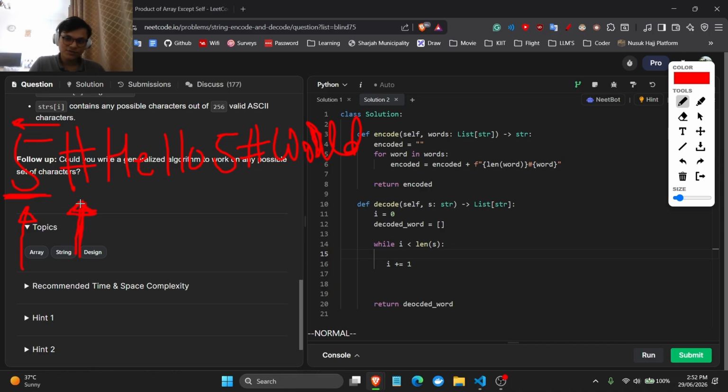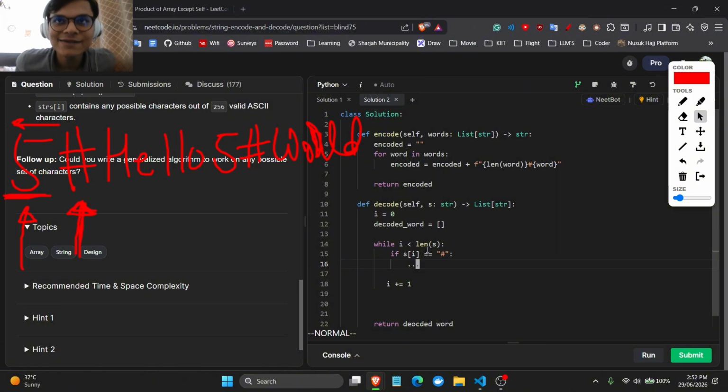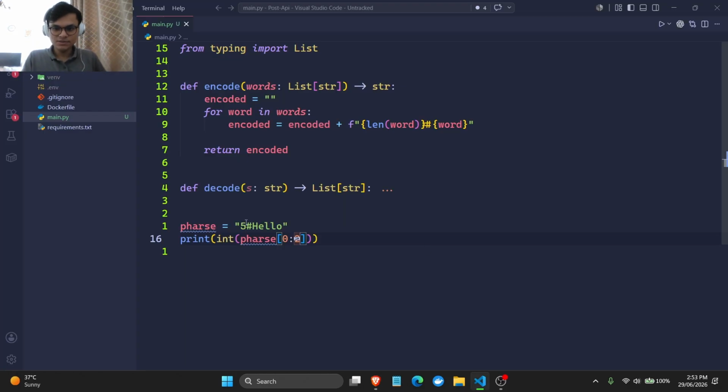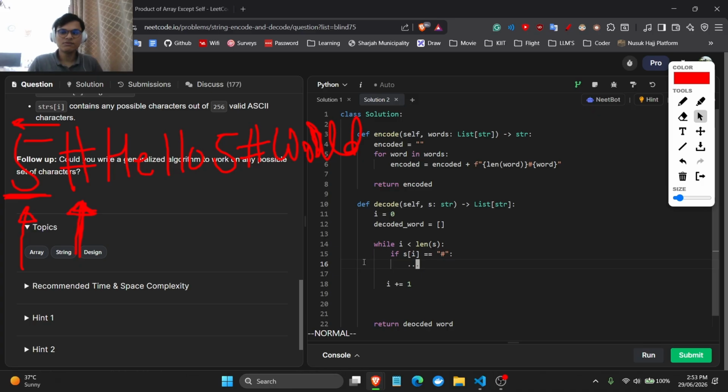Once I get my first pound symbol, right? The very first pound symbol that I see after iterating is a pound symbol that I want to stop and do something. So if s[i] is equal to the first pound symbol, and this pound symbol could be anything, I'm using pound, but you can use anything. This is where I want to do certain things, and the certain things I want to do are, so the number that we are dealing with, 0 1, right? So the way to do this is that, I mean, to be honest,